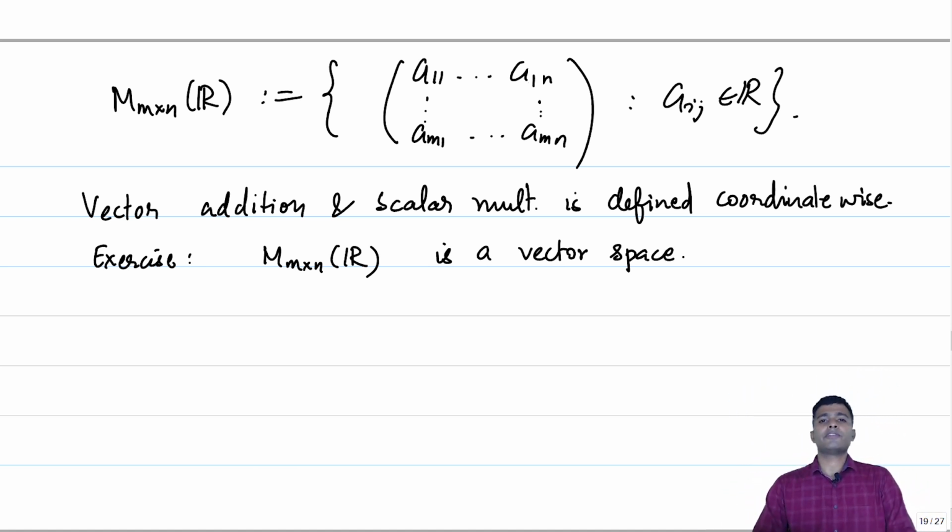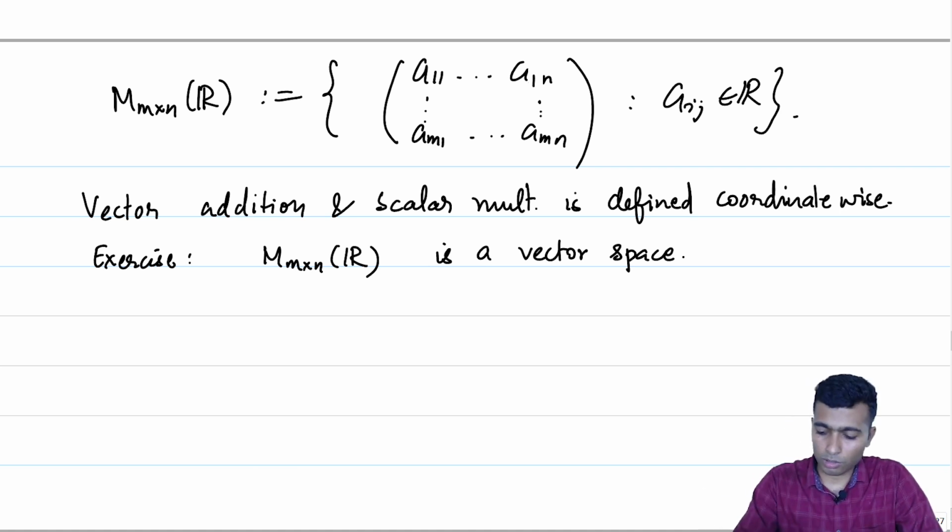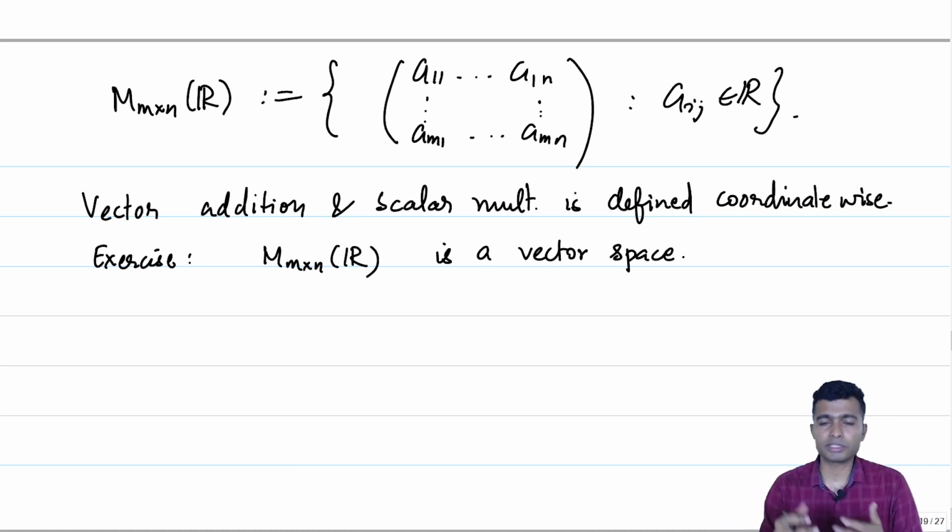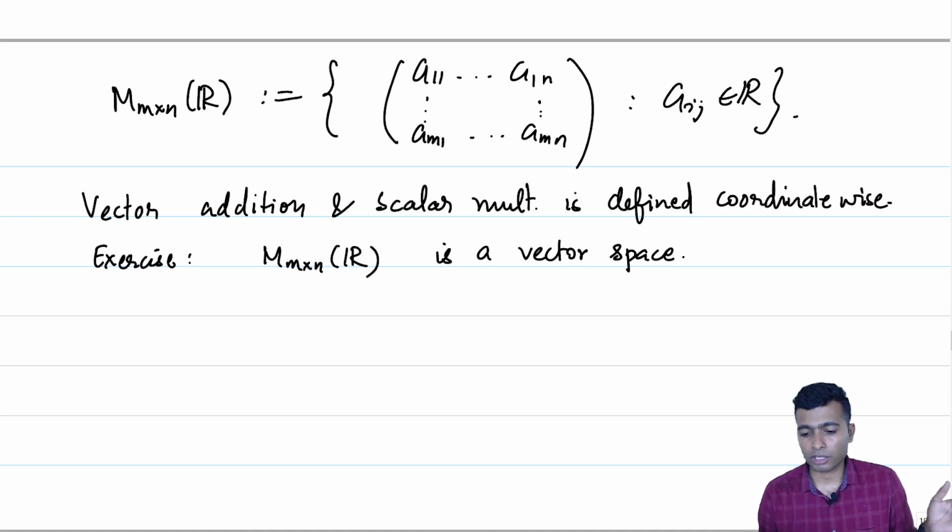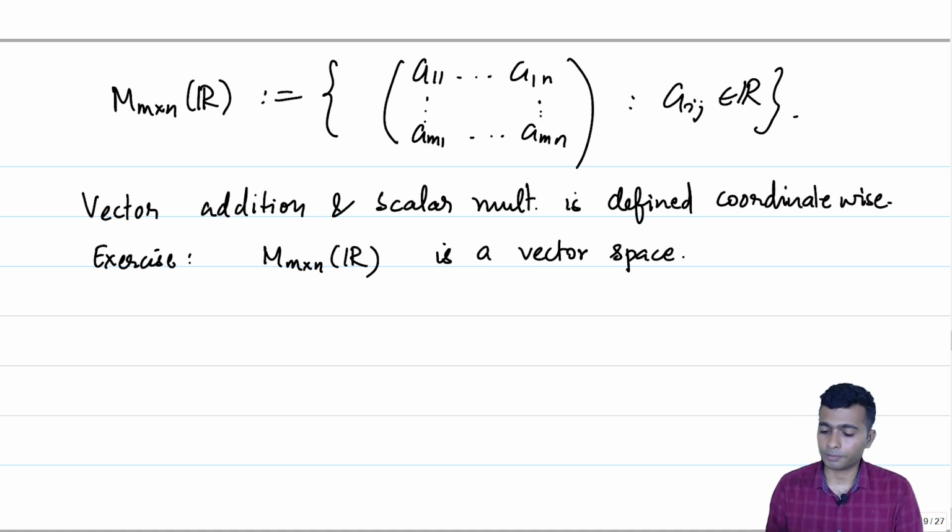So we have now defined what a vector space is, and we have seen many examples of vector spaces. There are actually plenty of examples, infinitely many examples of vector spaces, but let us not go into it more. We will be keeping on visiting more examples during the course. Many new vector spaces will be defined from existing vector spaces and so on.